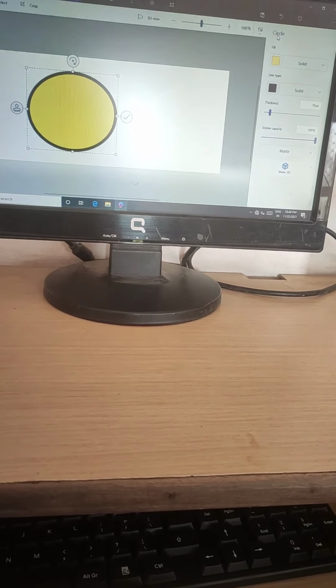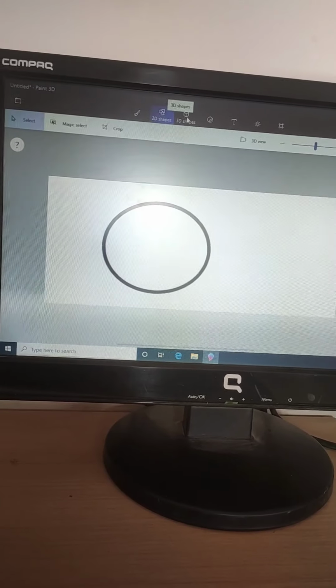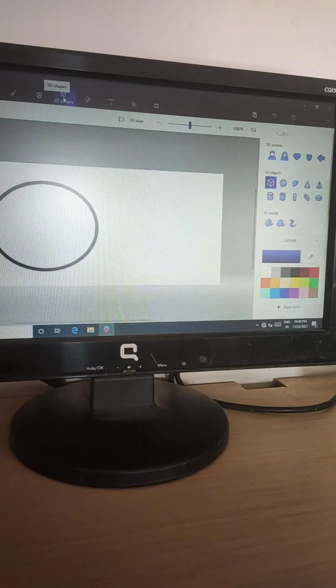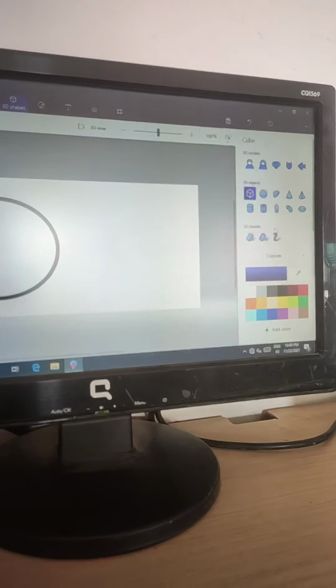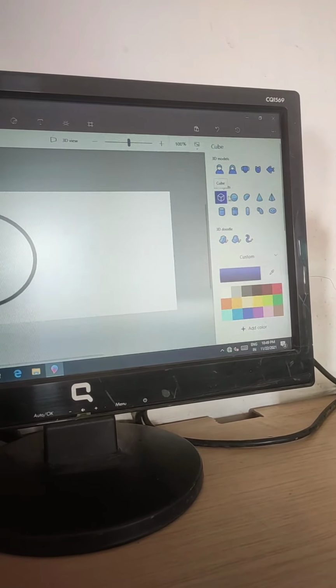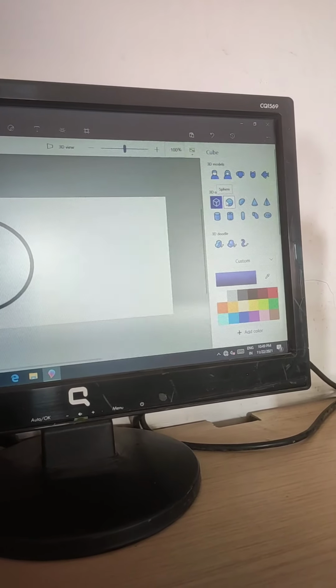You can also draw 3D shapes. See, I will tell you. Now see, these are the 3D shapes. When you click on them, in this panel you will see many 3D shapes are there. You can choose any shape, like sphere you have chosen. This is cube, this is sphere. Click on the left mouse button and choose it.